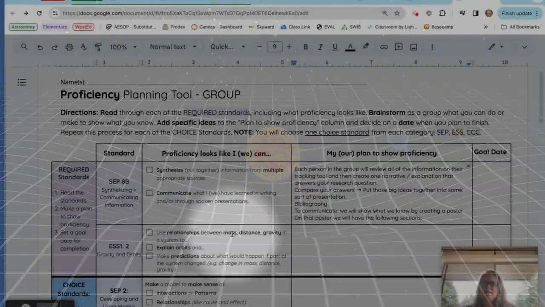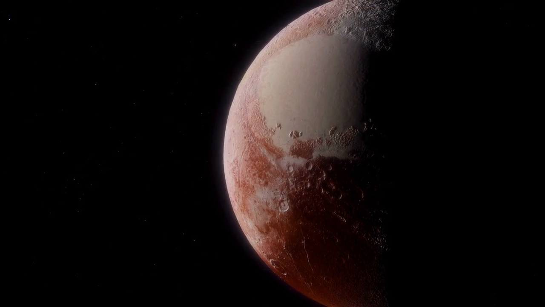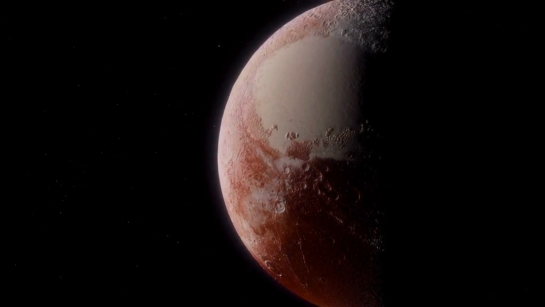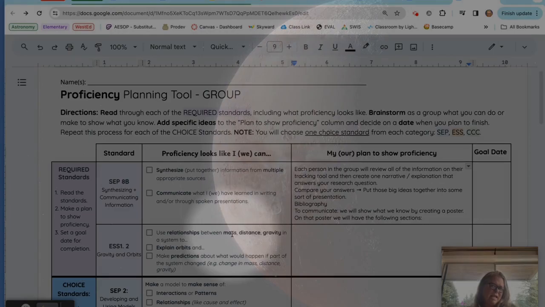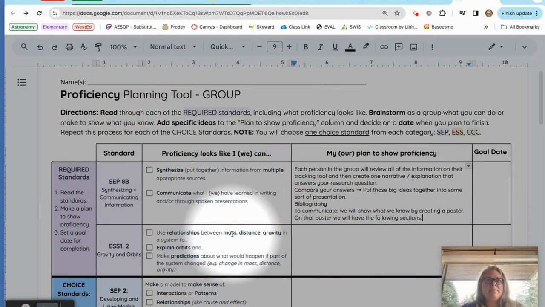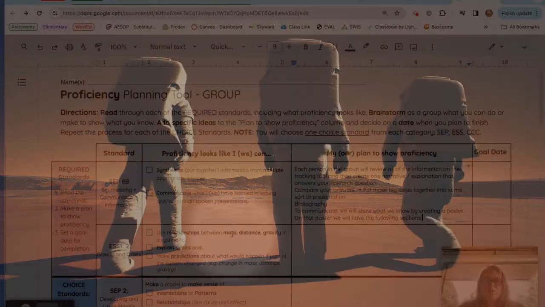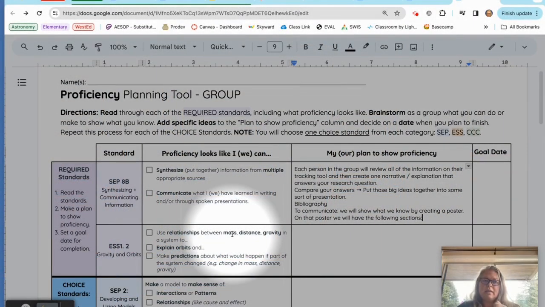Or what's the deal with Pluto? And what's going on with its orbit? And why does that make it not a planet? That sort of thing. If you're doing energy in a star, or if you are doing the Big Bang, or if you are doing habitability on other planets, all of those are going to be a little bit less directly